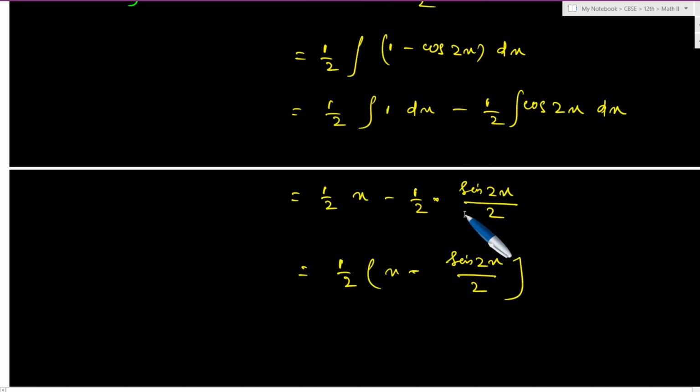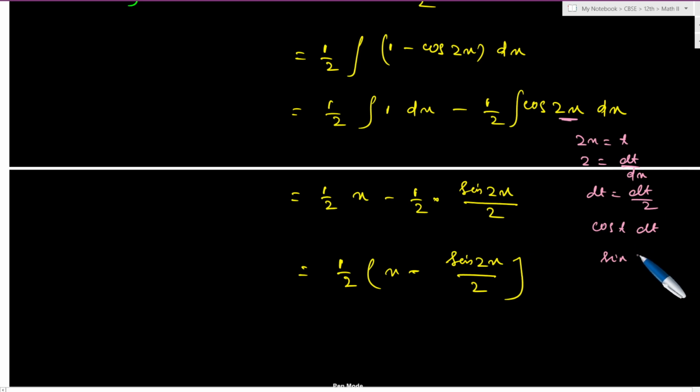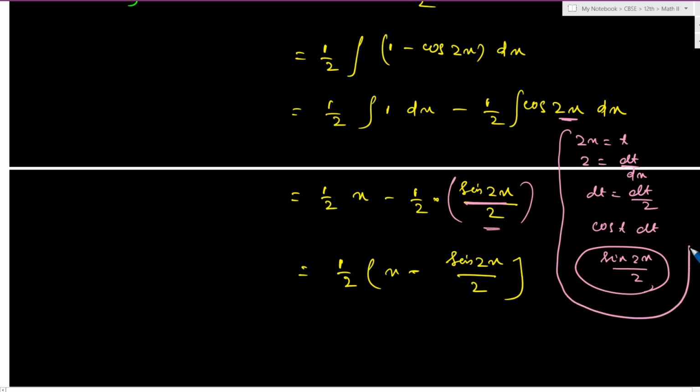Okay, listen. In place of 2x, we can substitute something like 2x is equal to t, and then 2 will be dt by dx. Okay, this step I skipped. So dx is equal to dt by 2. ओके, नेक्स्ट इंटीग्रेशन क्या होगा, cos t का dt के साथ होगा, तो आएगा sin t, और t के बदले हमको 2x फिर से रिप्लेस कर देना है, sin 2x/2 हो जाएगा कि नहीं। मैंने डायरेक्ट लिख दिया ये, देखो ठीक है, आप भी कर पाओगे। आप इस स्टेप को करना है जरूर, ठीक है, जरूर करना।